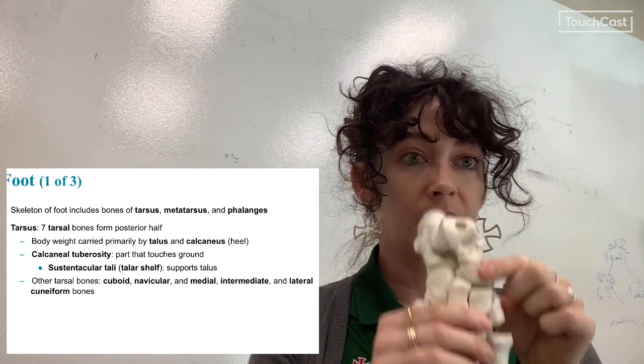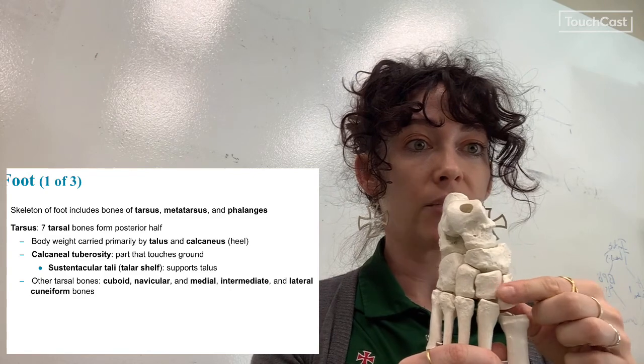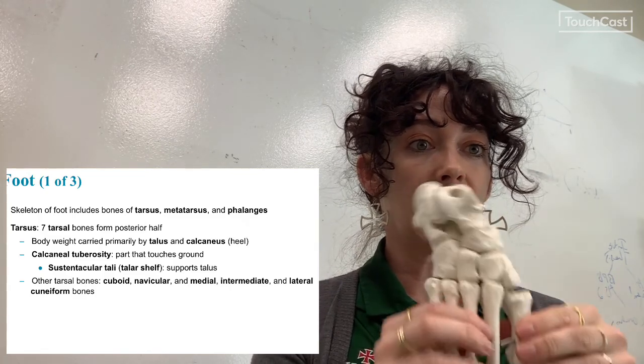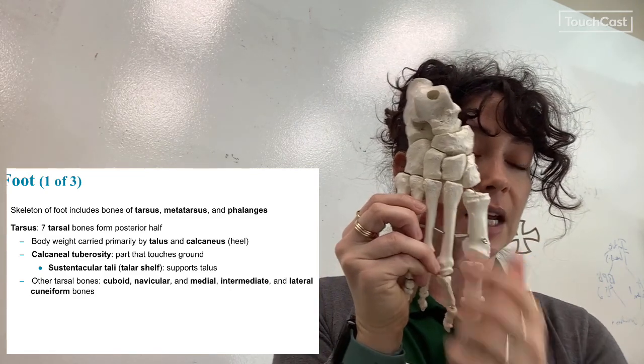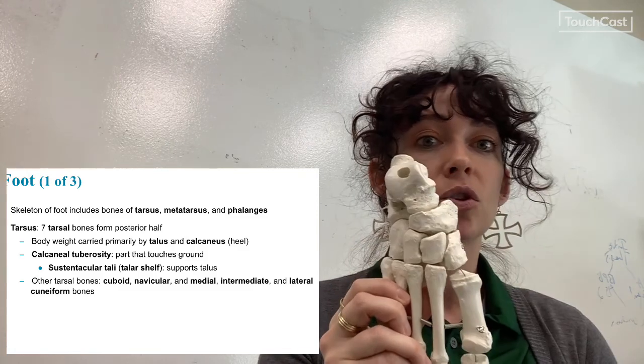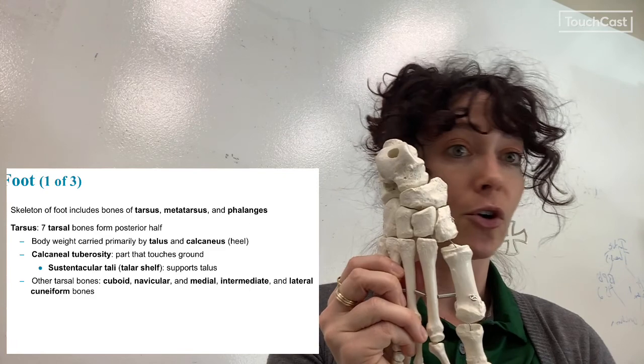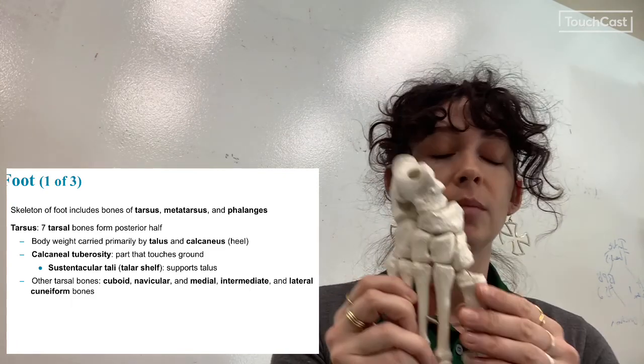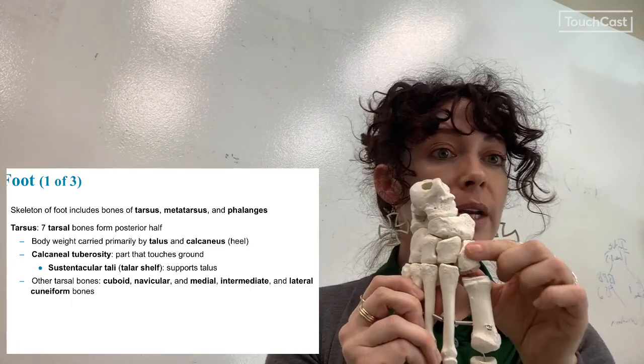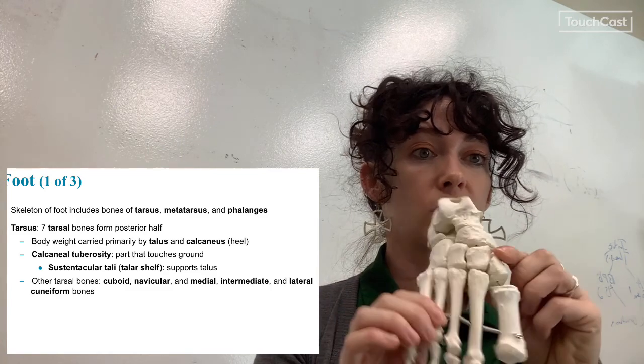So talus here, and then we have our 3 cuneiforms just distal to that, and they're going to line up with our first, second, and third metatarsals. So these ones are actually pretty easy. They're a medial, intermediate, or a lateral, or a 1, 2, and 3 is how a lot of people call them for time's sake. So the medial is going to be the one that's closest to our big toe side,